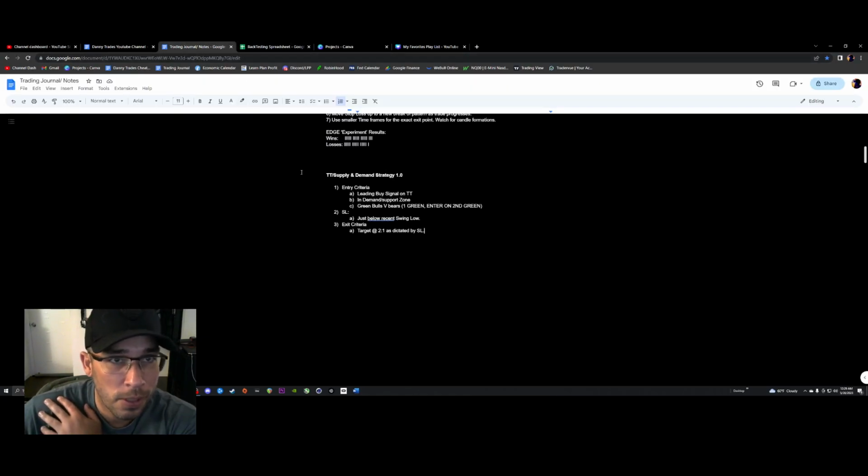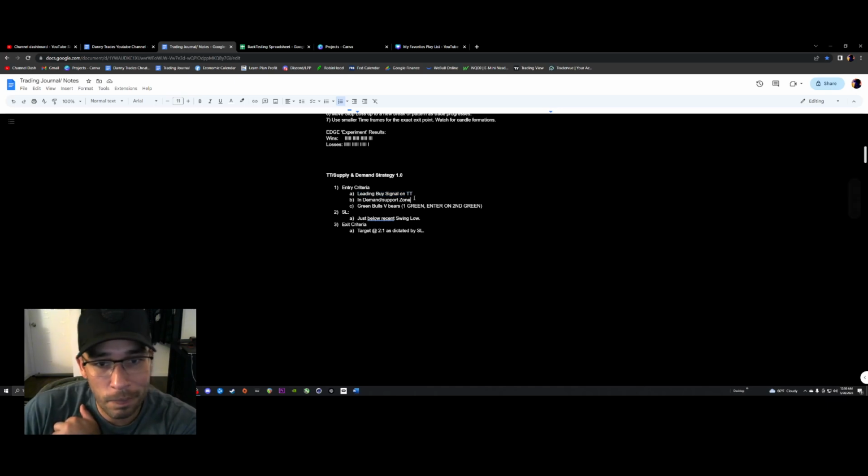Alright, so this is a very, very simple strategy, and we wanted to backtest it. I wanted to backtest it to see what the actual win rate of it was. Just starting off very simple. We're definitely going to refine it, especially after you see the results. It's going to need some refining. But for our entry criteria, we have a leading buy signal on the Trader's Trend, which I'll go over that